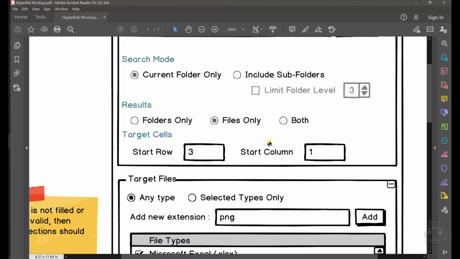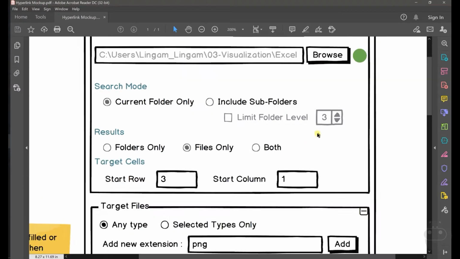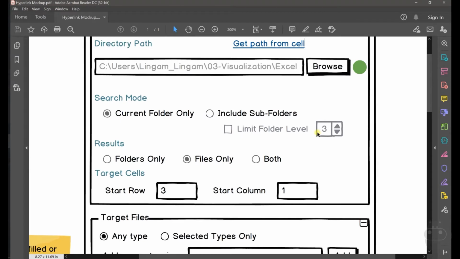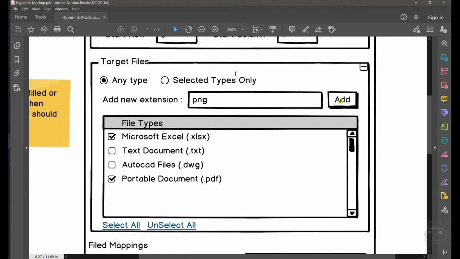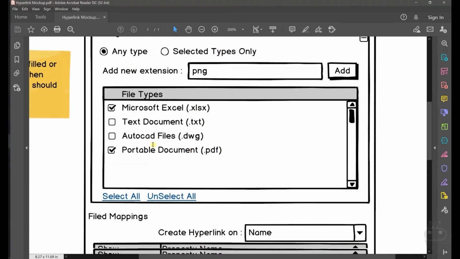That's fine. But not only this, when you are building this application, you will also learn how to fetch the worksheets, because anyhow you are going to get data from a cell, which means you first need to get the Excel application and the sheet, and then everything. So that's there. And this part has nothing to do with Excel, because you are basically targeting the files. A folder might contain an Excel file, text file, DWG, PDF, anything. You want any file type, or only selected file types. So this is what you are going to do here.